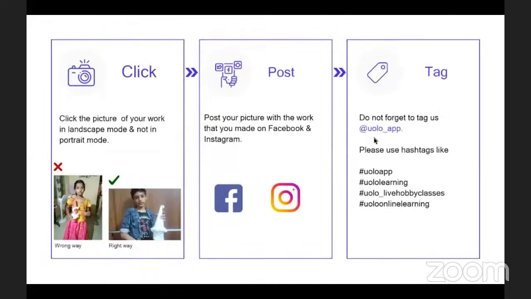Just a tiny reminder, your submission looks a lot better if you could click a photo in the landscape mode rather than the portrait mode. Do not forget to tag us at YOLO_app. I'm eagerly looking forward to all your